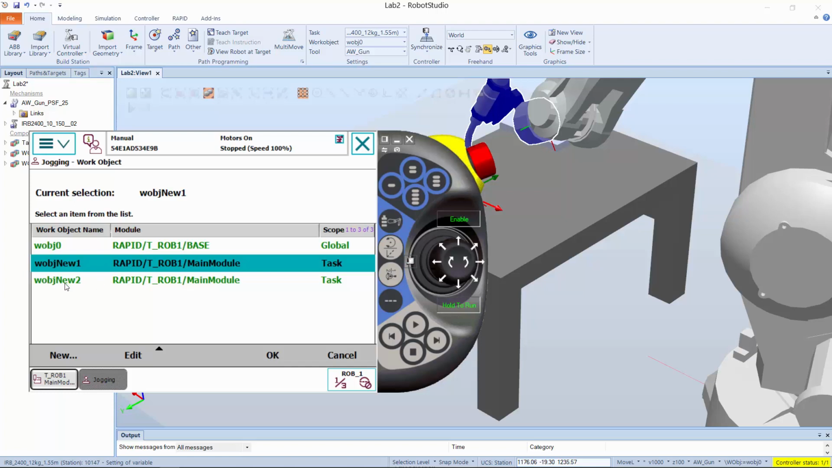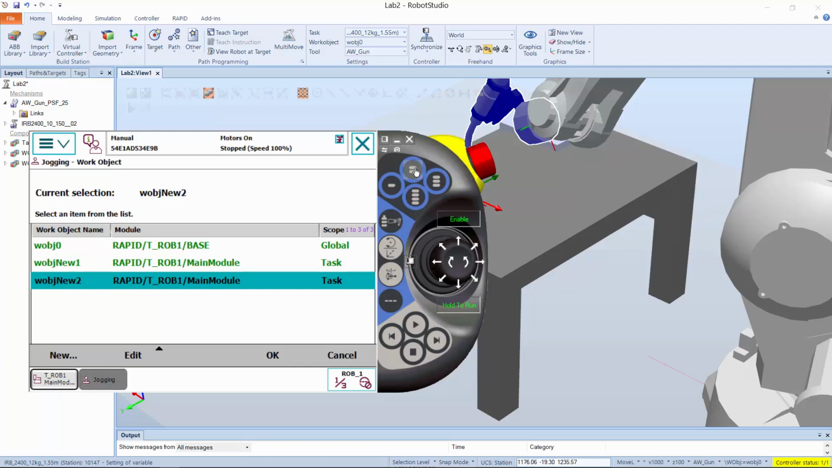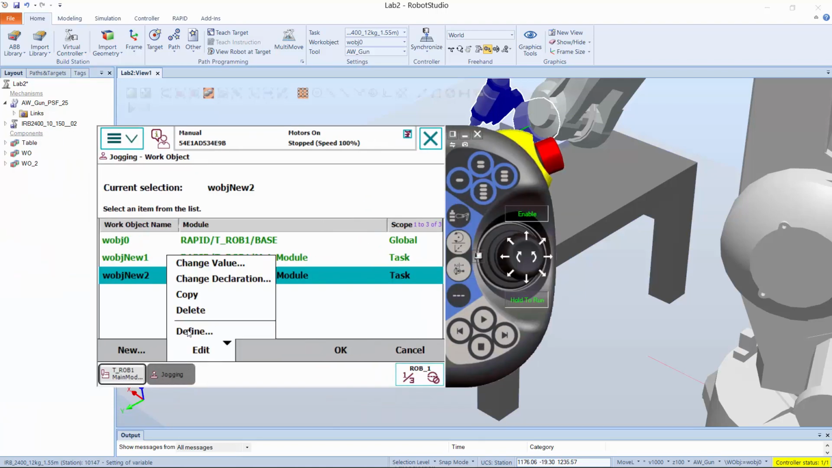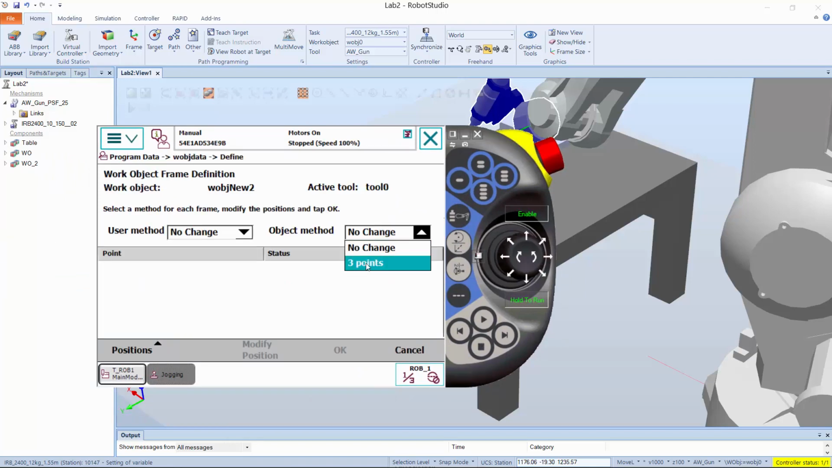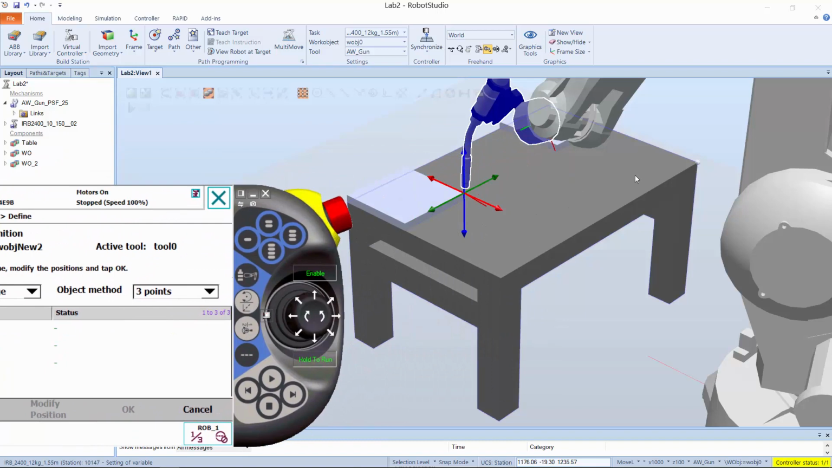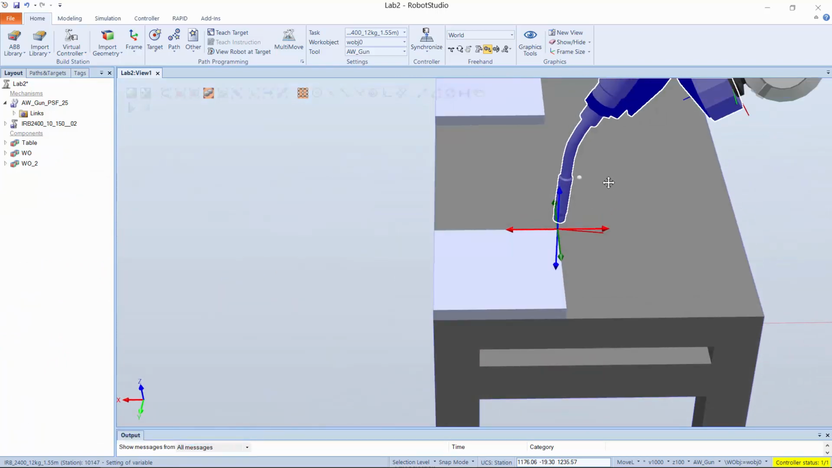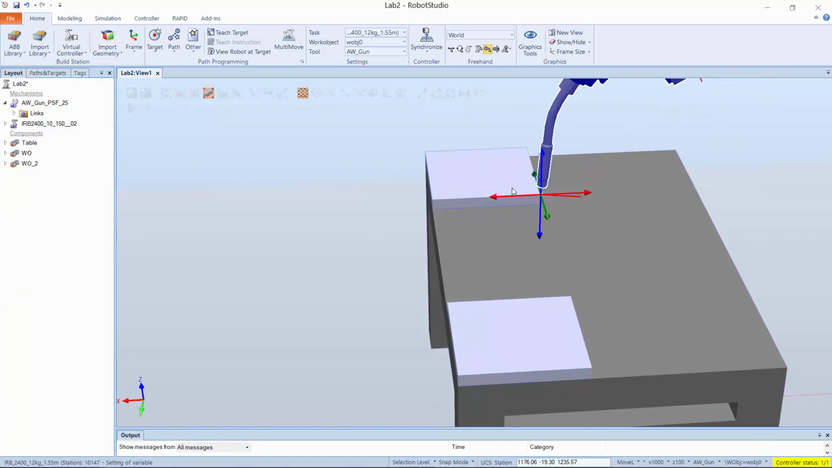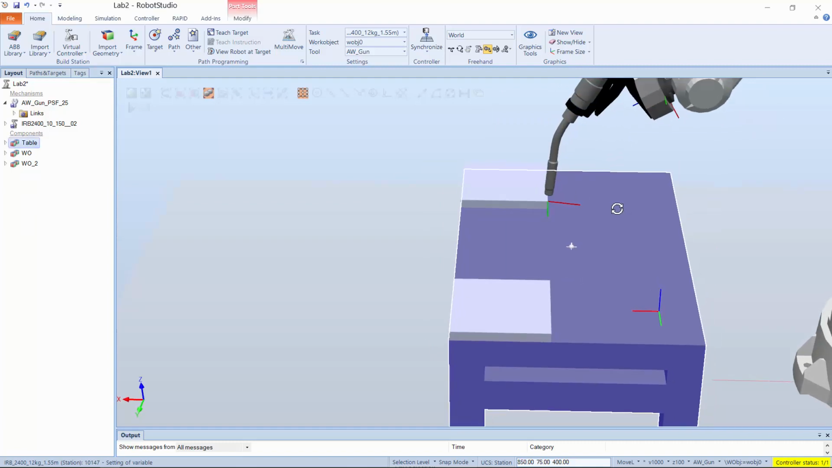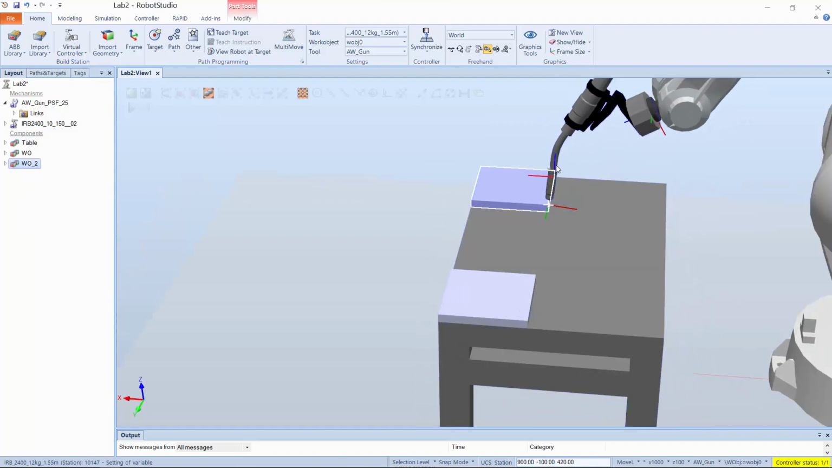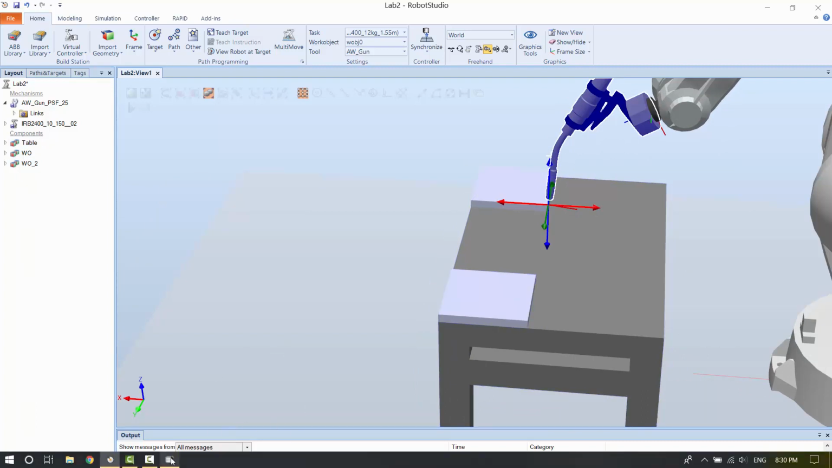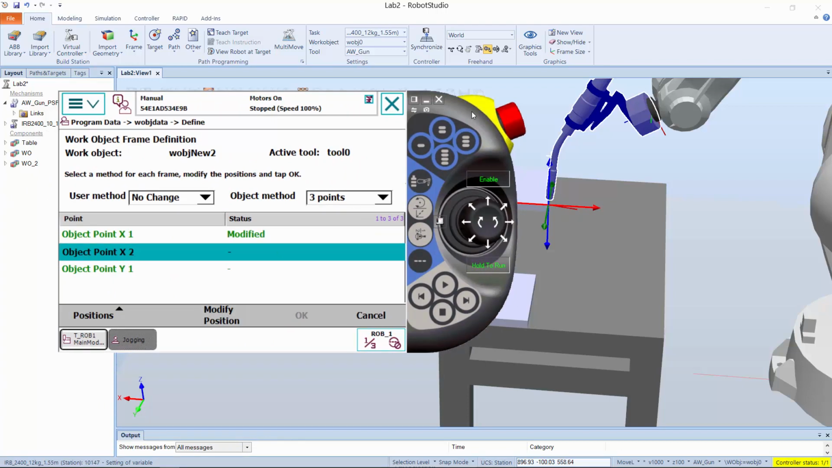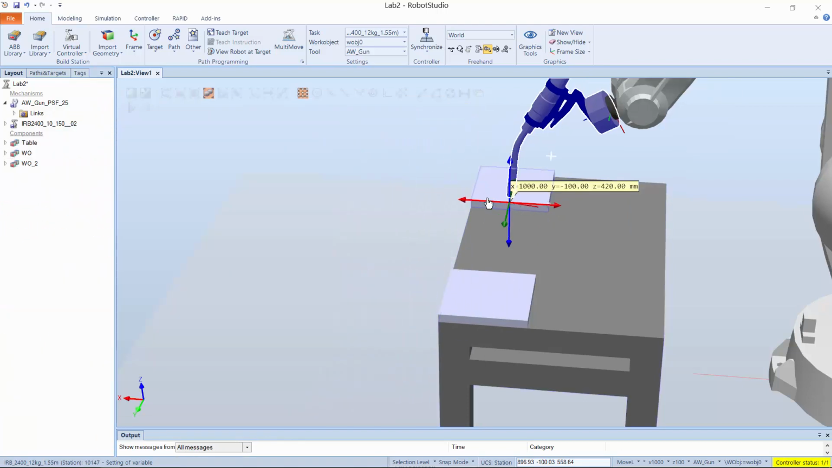And so now let's do the same for the second work object. So let's go to that and click on edit, define, and we're going to use 3 points. And here we're going to do the same, but for the second block. So I'm going to move this and select the same corner point, but on the second block it's that location. Okay, and let's go to my work object, point x1, modify position, and let's jog this over to this point here,